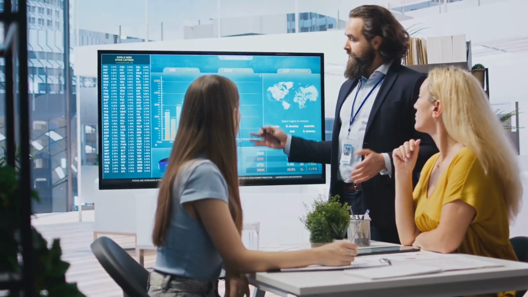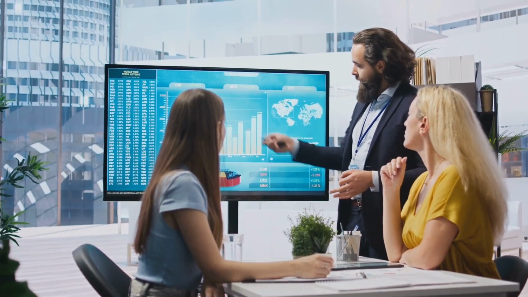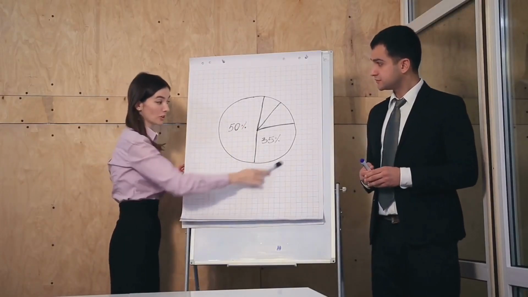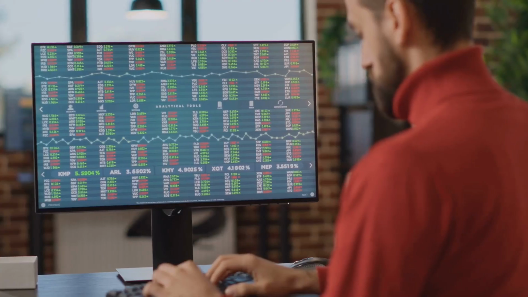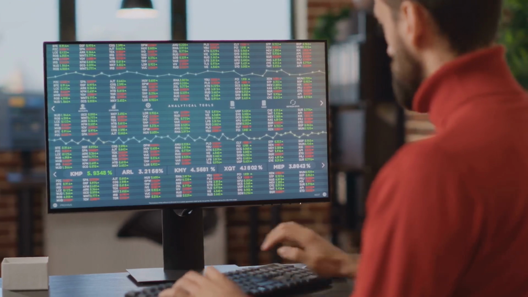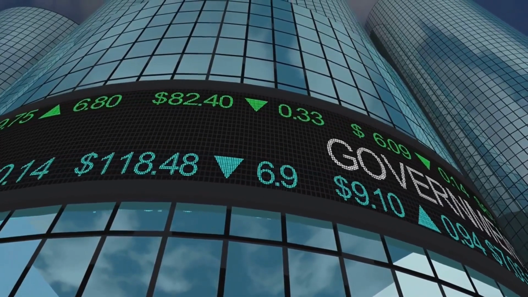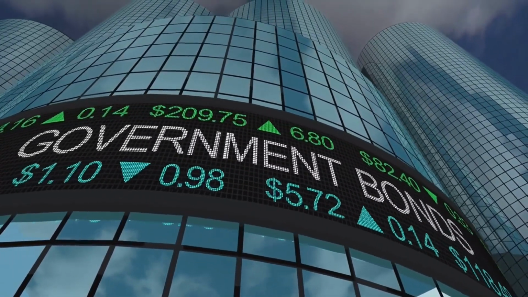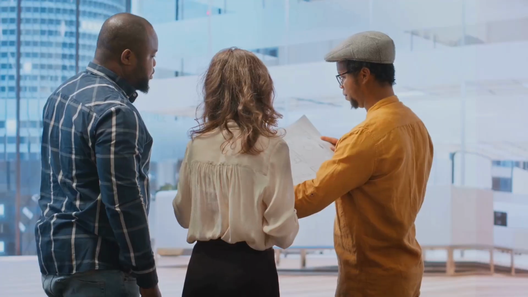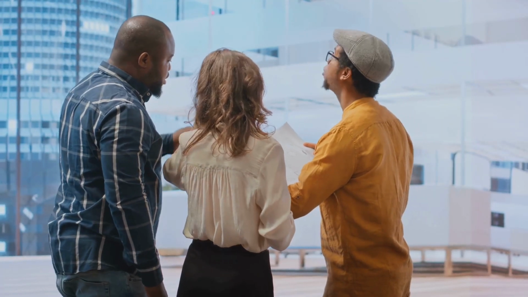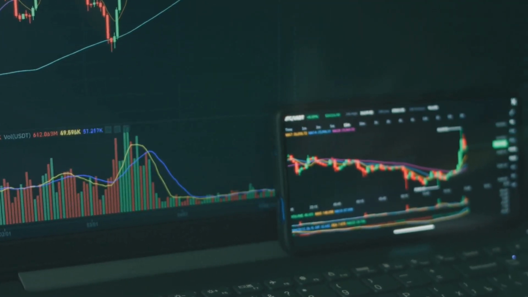Before you can create an effective asset allocation strategy, you need to understand the building blocks of a portfolio, the asset classes. Each one plays a unique role in your financial plan. 1. Stocks represent ownership in a company, offer the potential for high returns but come with higher risk. Best for long-term growth and outperforming inflation. 2. Bonds, fixed income securities issued by governments or corporations, provide stability and regular income, reducing overall portfolio volatility. 3. Real estate includes physical properties or investments like REITs, offers diversification, steady cash flow, and potential appreciation.